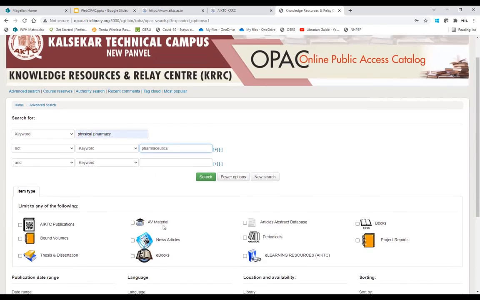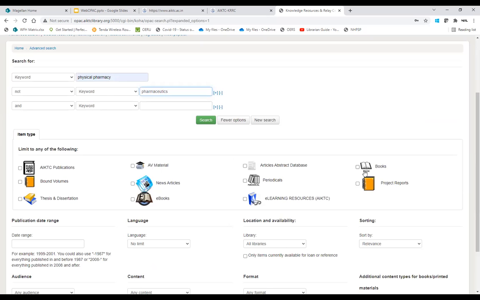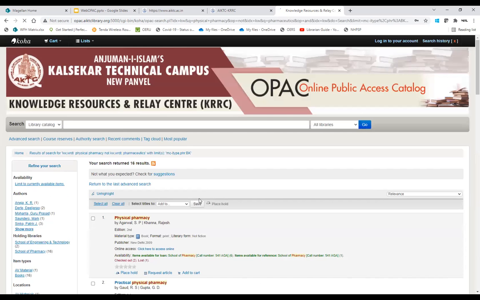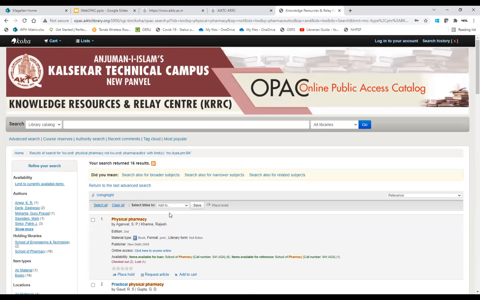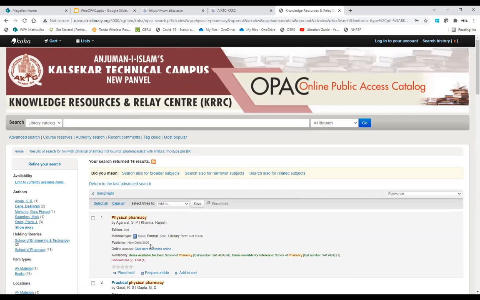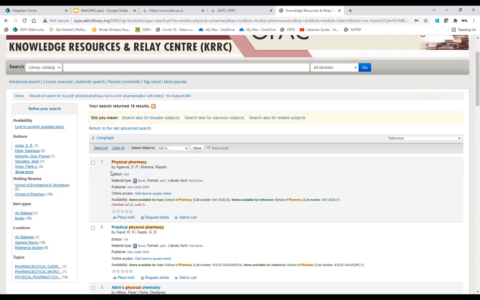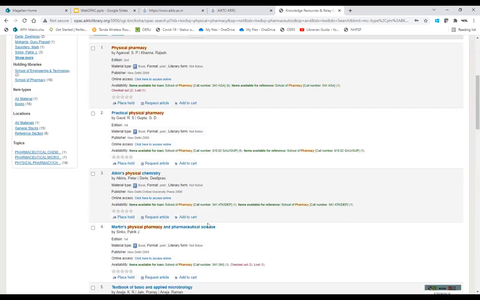You can also select the item type. I want books only. You can select the libraries or the location. If not, just search it. So see, there are a total of 16 results which cover physical pharmacy, not pharmaceutics. Okay, so physical pharmacy by Agarwal. A total of 6 items are there in the library and 2 are checked out.